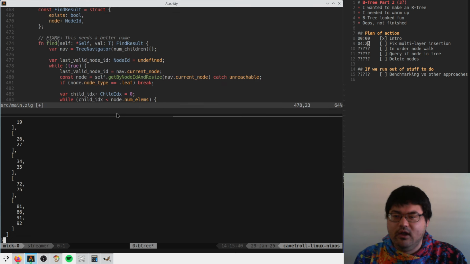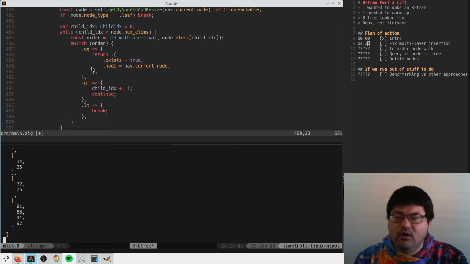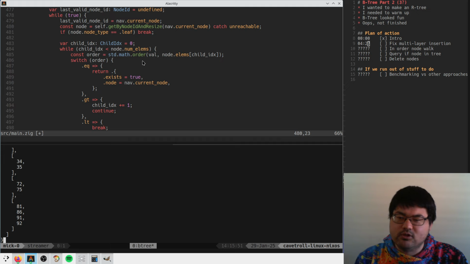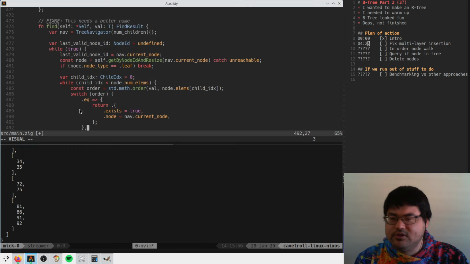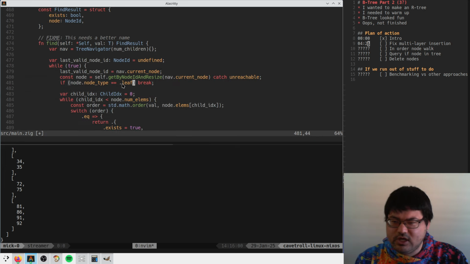92 comes in here. And so we've looked at the root node. We first look at the root node and we go, let me iterate over all these things: 22, 28, 68, 96. And for all of them, value is greater than. So we keep incrementing this thing until we get to the child. Cool. Now we're looking at this child. So we've navigated to the correct child, and we go, okay, oh,